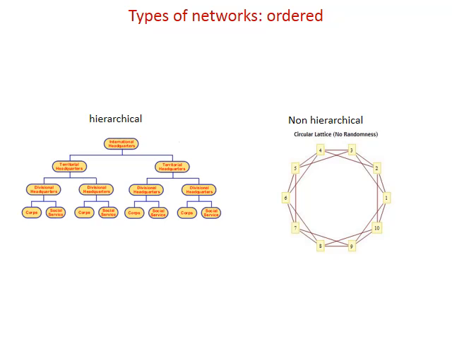How do we classify networks? There are multiple ways to do so, and we will look at some of the techniques to classify networks. First, networks can be divided into ordered networks and random or disordered networks. An ordered network is a network whereby the relationship between two nodes tends to be the same. So once we know how nodes are connected, the distribution of links among nodes in a certain area of the network, we can